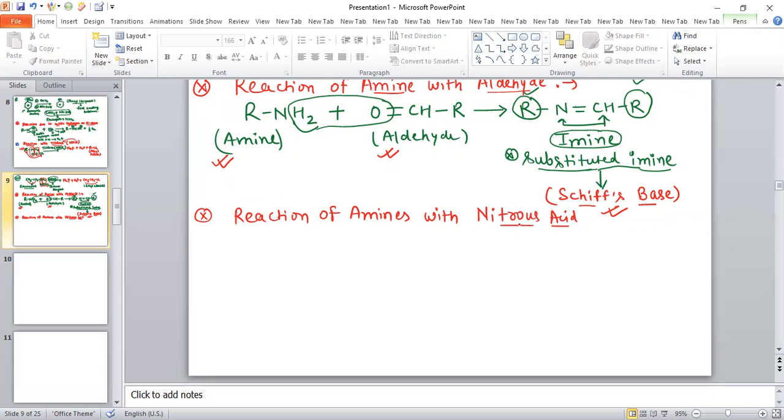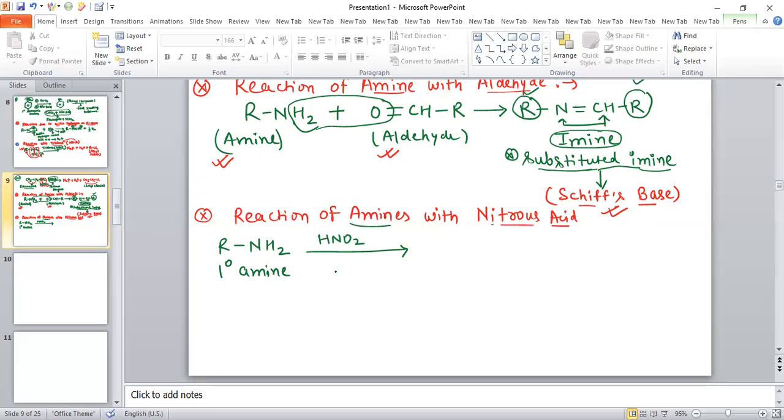See how this reaction will take place. If we have 1 degree amine, so if we have 1 degree amine like RNH2. So first of all, I am discussing the reaction of amine with nitrous acid, and the amine is basically 1 degree amine. When the reaction of this 1 degree amine with HNO2,